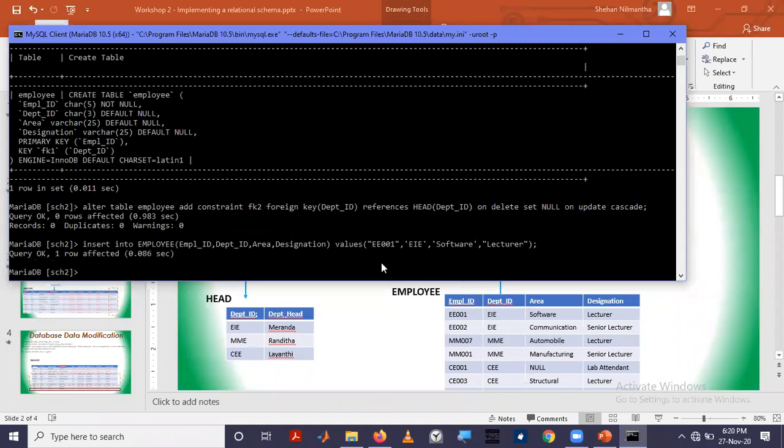Right, it was entered. So likewise, in the second one, we can change the values and insert. This will become 2. Communication.